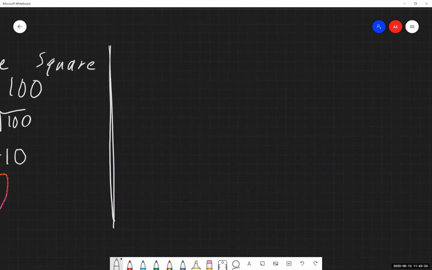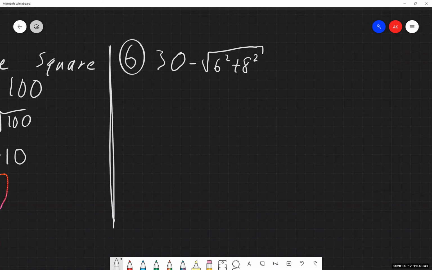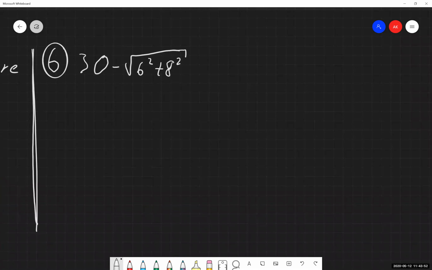Okay. Now I'm going to jump us to example 6. I think it's a better one with taking a look at using PEMDAS with this. And I'm going to end things there for today just because of our looking at our time. So we are simplifying 30 minus the square root of 6 squared plus 8 squared. Again, we are told to simplify. We're using PEMDAS. That's our go-to with that.